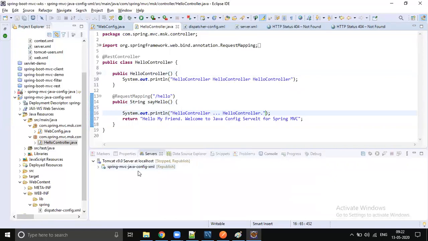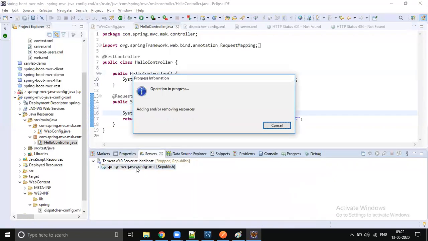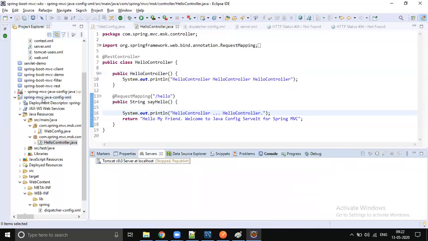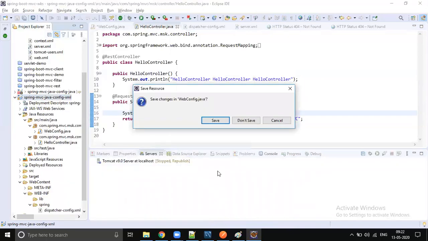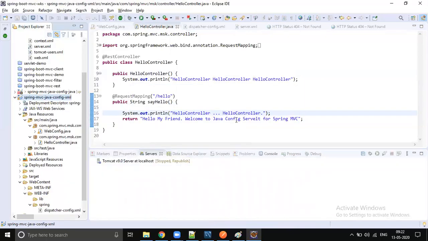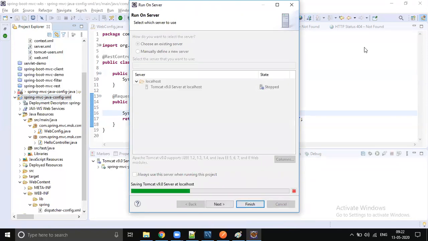Okay. So let's delete this. Spring MVC Java config XML, run as, run on server, save all, finish.